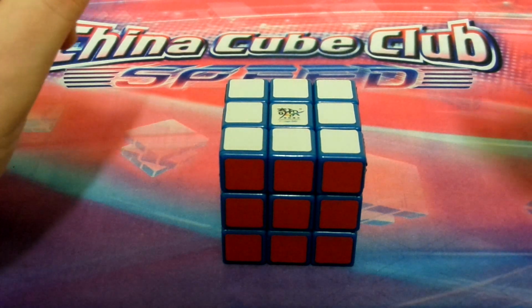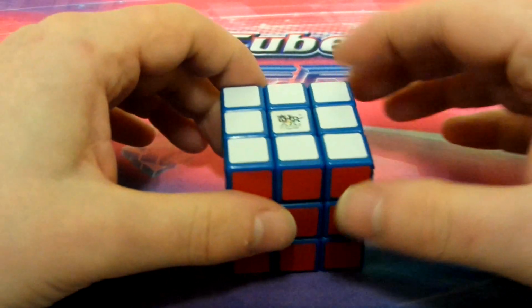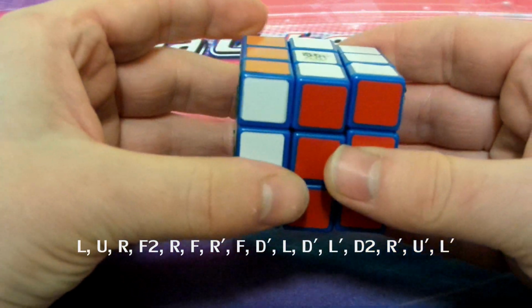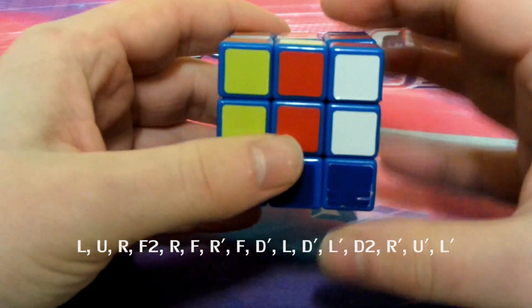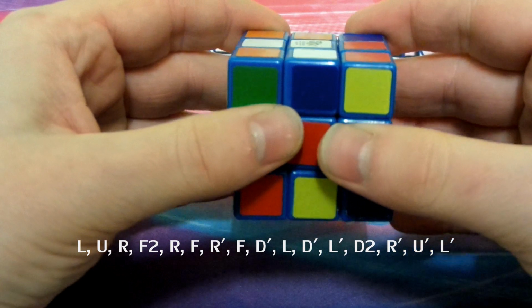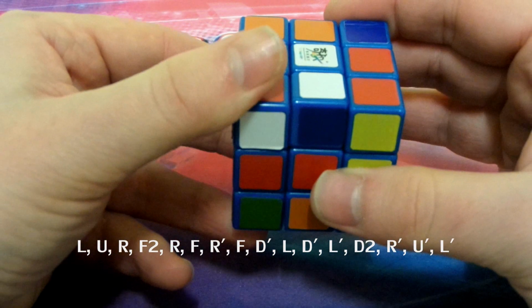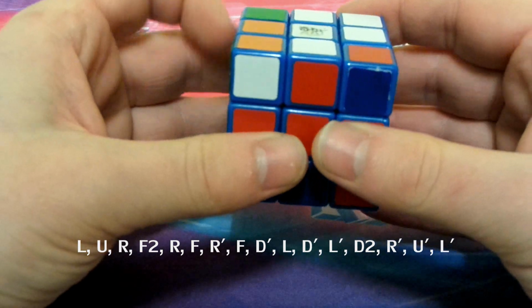In this video I'm going to show you how to make the 2 small cubes in a cube and 2 big edge triangles pattern on a 3x3. And the algorithm is L, U, R, F2, R, F, R prime, F, D prime, L, D prime, L prime, D2, R prime, U prime, L prime,